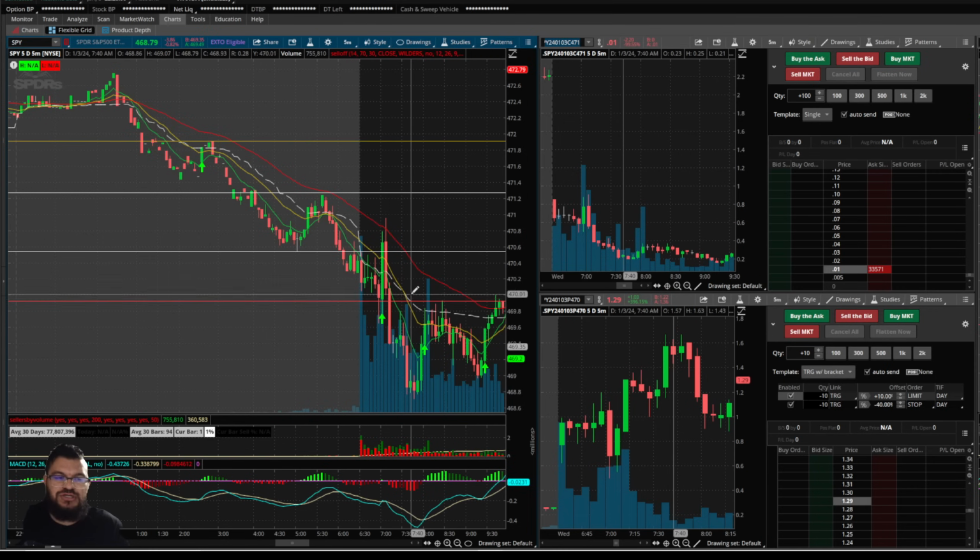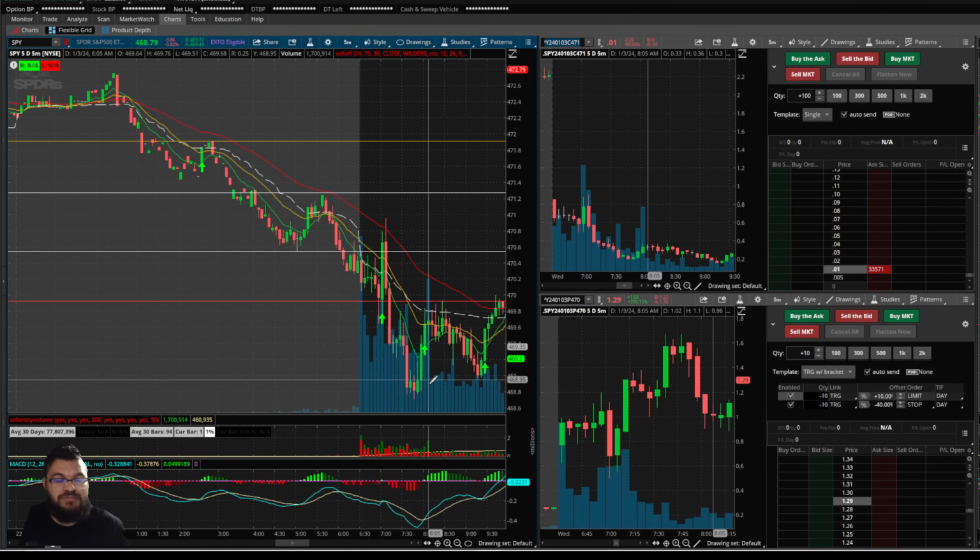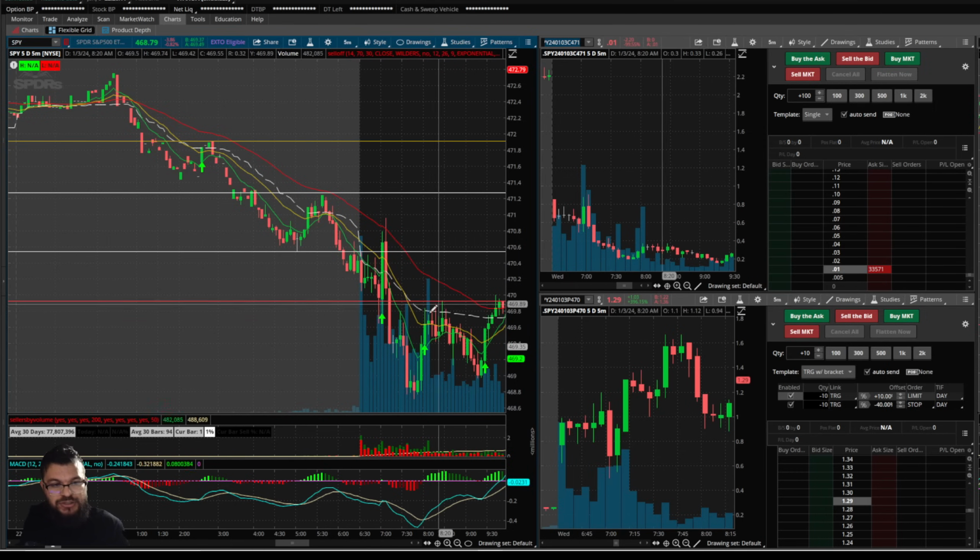We had 32 candles underneath 470 after we had broken it, right? And every time it came back up to 470, like during this little zone right here, what happened? It got rejected and came back down. So this was really big, where these candles did not quite break 470, but they were right there.